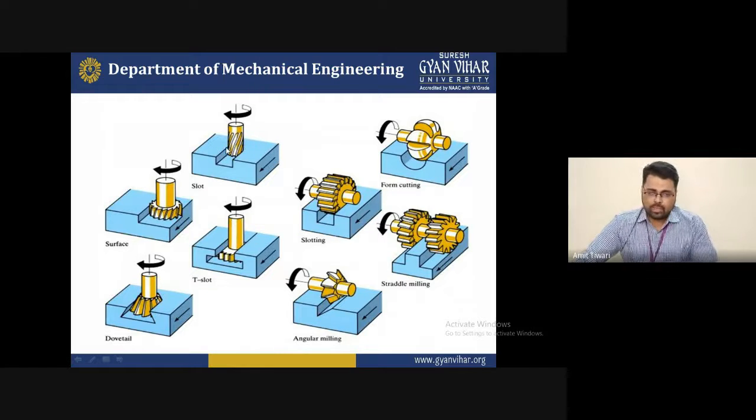So these operations are generally performed in milling for providing some surface cut and slotting at a particular area, where you can give the line for the different parameters for selection. So with the help of the multi-point cutting tool, you will cut this type of shape, and we can mark this type of diagram. If you want to make a shape of this type with the help of this tool, we will provide it for that.